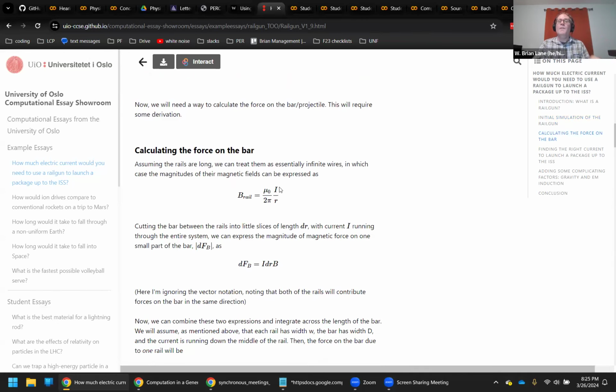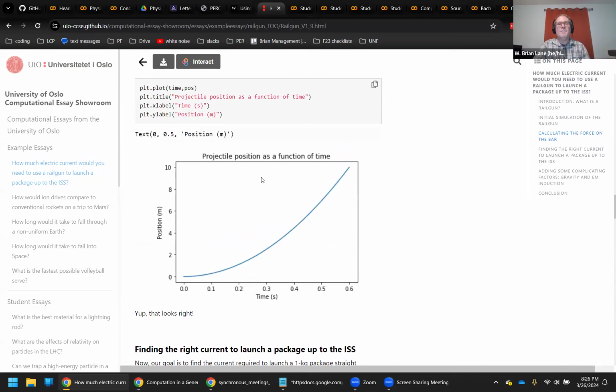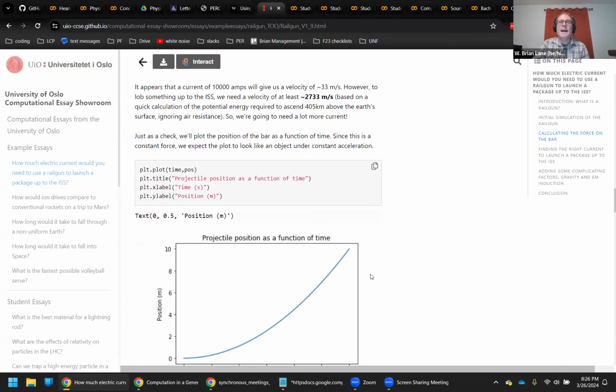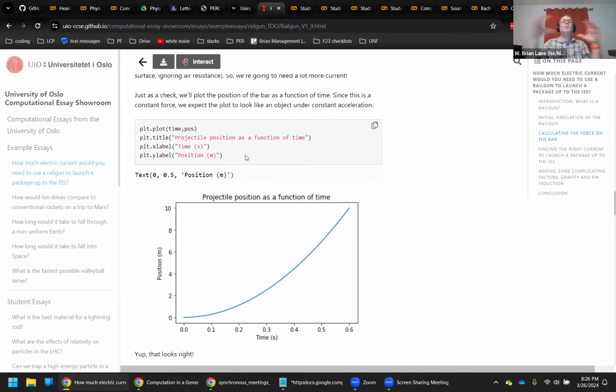When we keep going down, we've got some nice math formatting, because Jupyter notebooks integrate some very basic LaTeX formatting. So you're not having to design the equation over here and then copy and paste a picture. This literally is part of the HTML or the markup in this document. When we come down here, do they have an example? Yeah, we've got a plot of some results. Again, this is not imported from somewhere else. This is generated by the PyPlot commands up here. By putting all of that in one document, the student is able to create this report as they work through the activity, to then present what they did with their work.